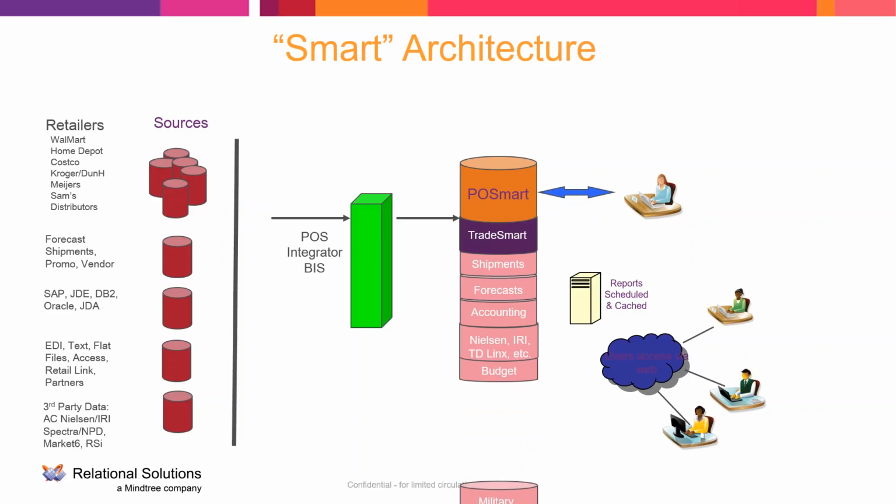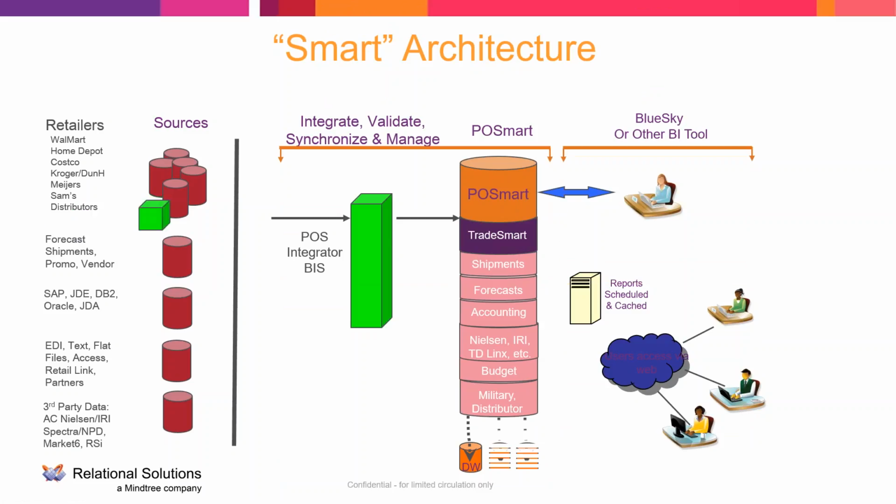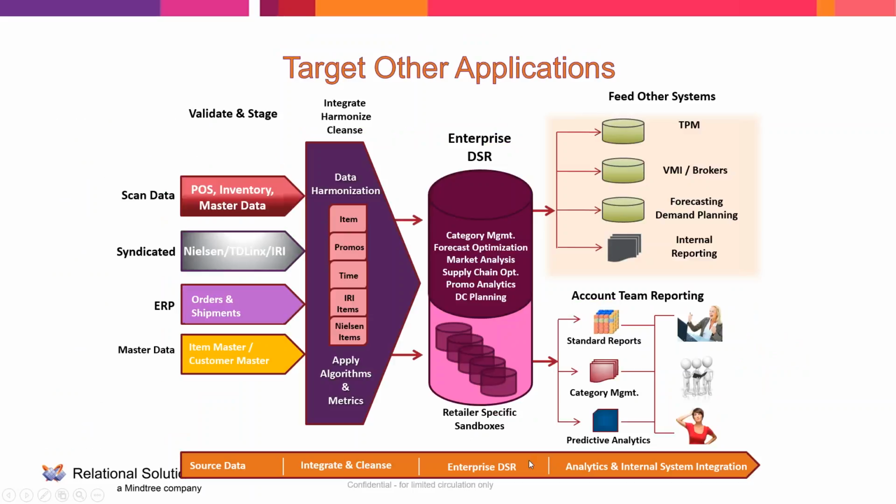The first portion of our smart architecture is the underlying architecture, and that's the foundation underneath that first orange bar. And then the business intelligence tool is what you're using to query the database. The reason we put it under two different brackets is because the entire thing can be behind your firewall. Or if you want to have everything behind our firewall and simply give user access to your internal teams, we can do so. In addition, our POSmart application can feed other applications, as this picture depicts.